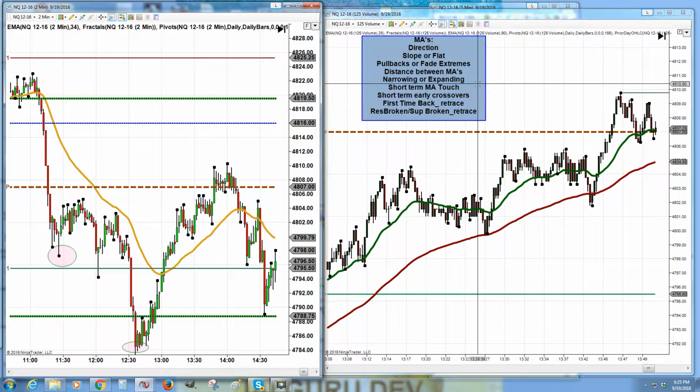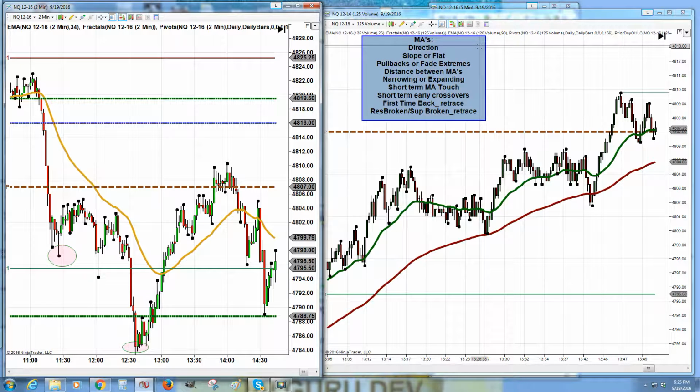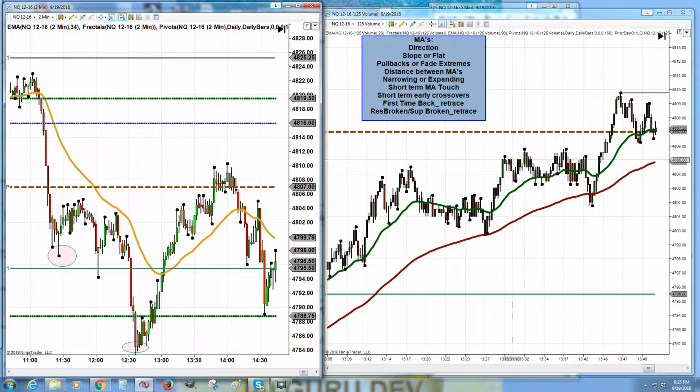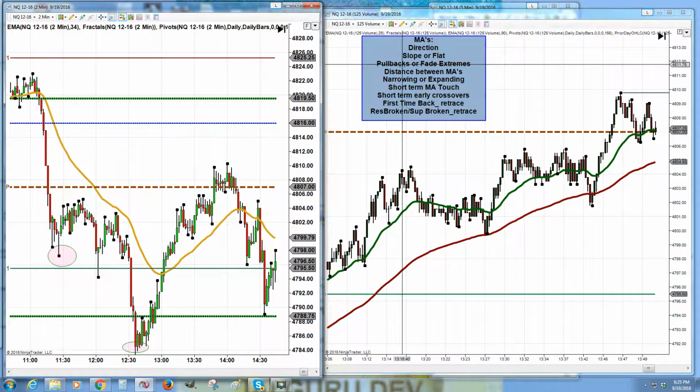Today we're going to look at lots of knowledge that's offered simply by putting the moving average on the bars. With this very short-term 125 volume time frame, we have 2 moving averages, and they're going to give us very specific